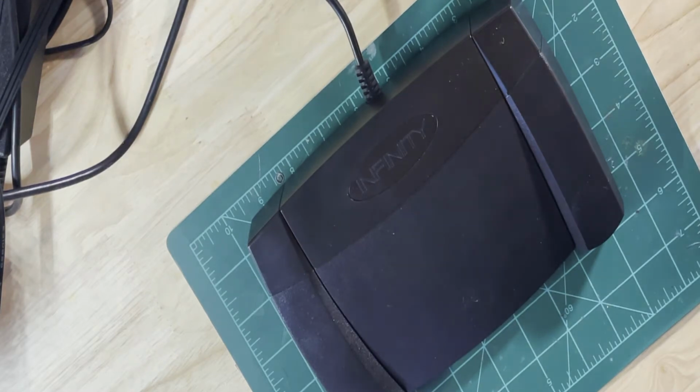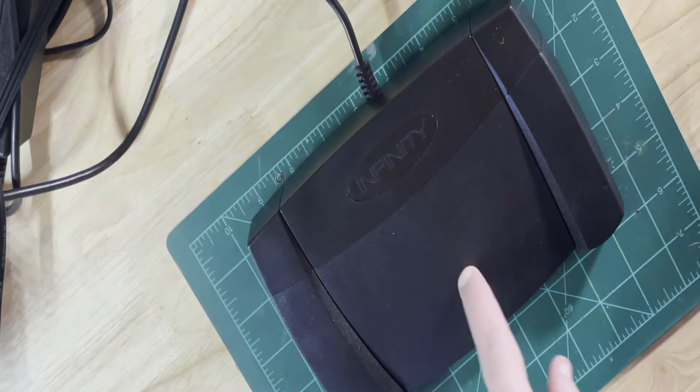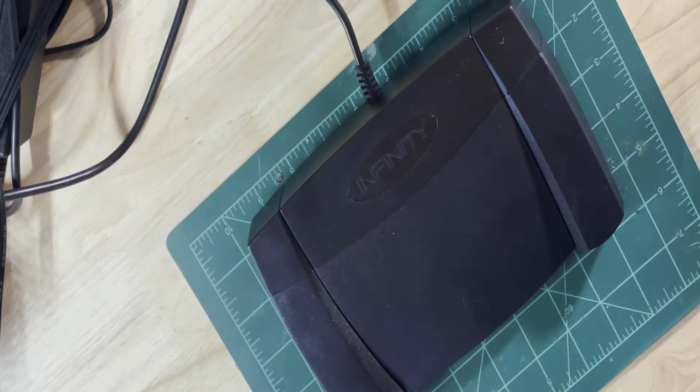I had some comments going back and forth with some people on the Discord for the Sinden Light Gun. There's a game for the PlayStation 2 called Endgame, and we were trying to get the Infinity pedal to work with that. There are some quirks with the Nuvi plugin for that game that were not allowing it to work. So I tried everything with the pedal application that I could to try to get it recognized by the game, but